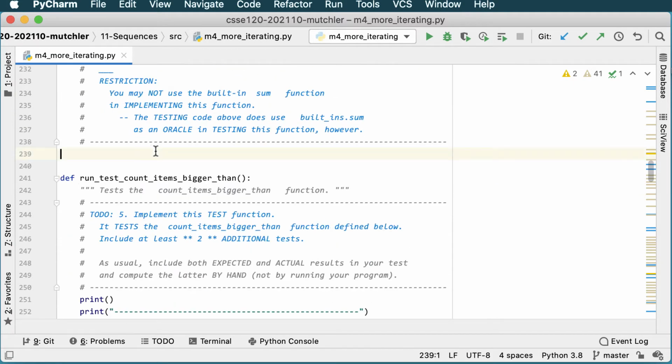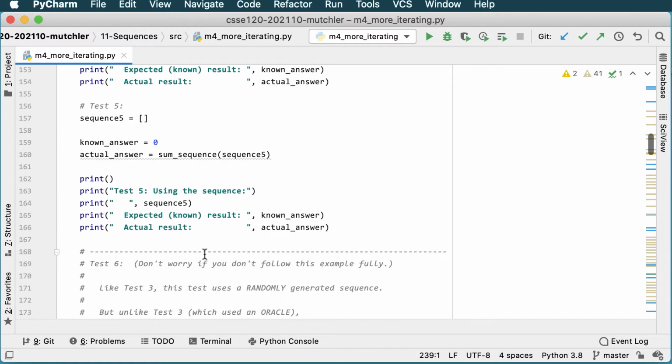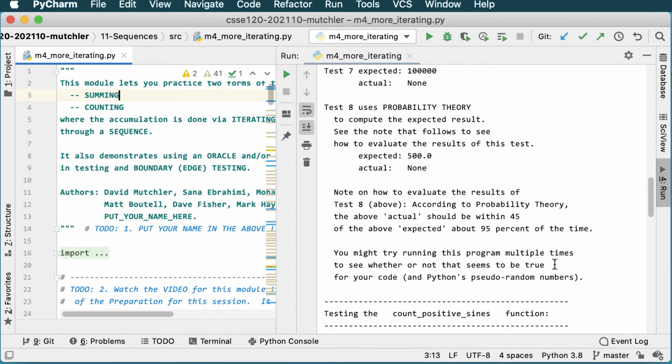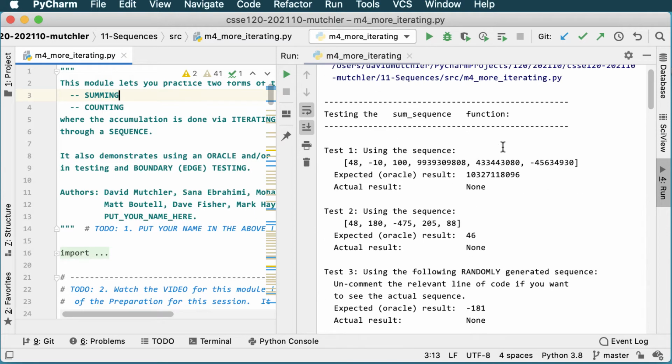Right now, there's no code for it, so it will currently fail tests. Just to illustrate that, I'll go ahead and run it here, and you can see that here's the expected value, but the actual is None because we haven't implemented the function yet. Now, continuing with our discussion of testing here,